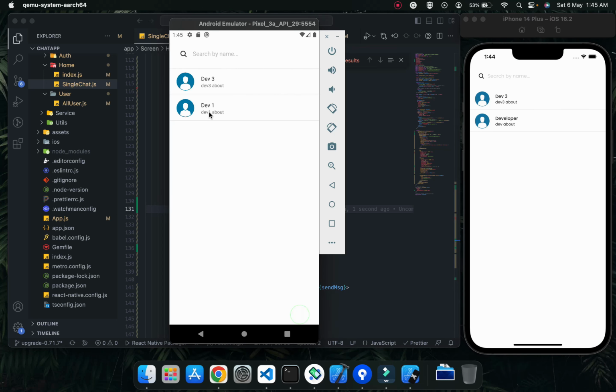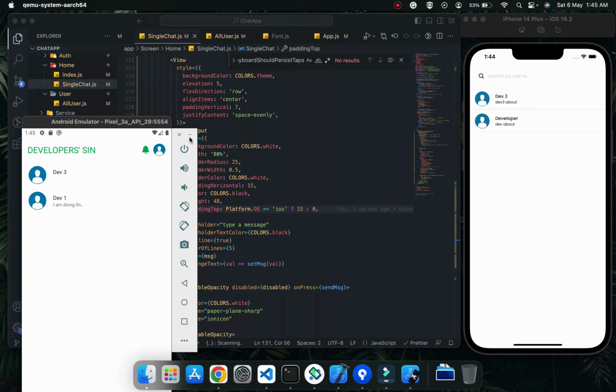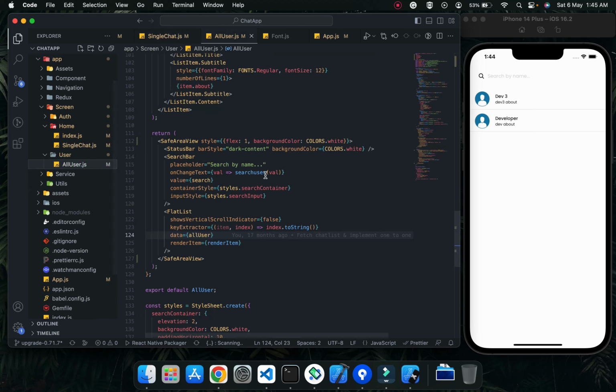We need to have a back button here too, because in Android you can simply click on the back button and navigate back to the previous screen. But in iOS, we don't have a physical back button in the iPhone. So we need to add a back button here. And if we go to the all user page,